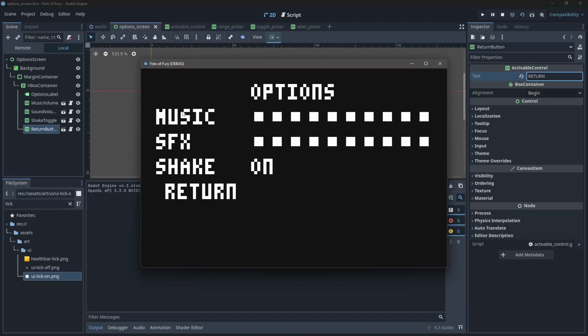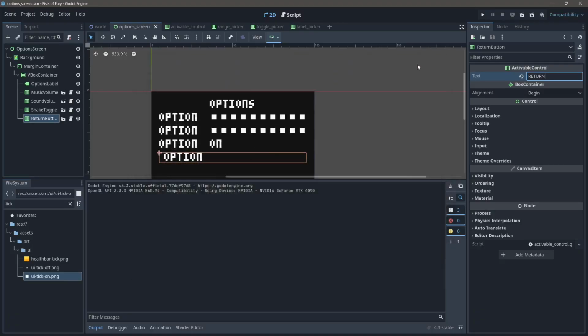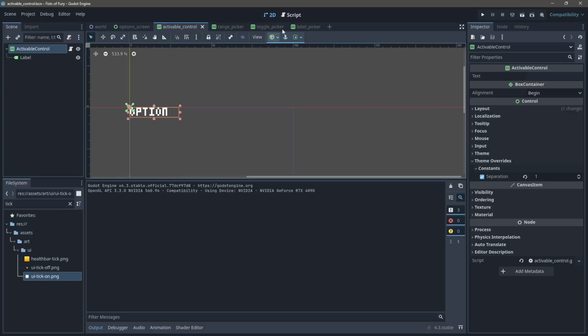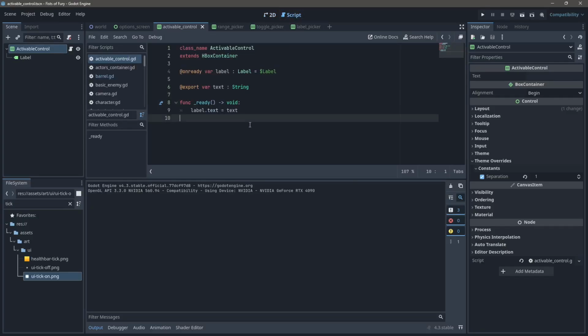All right, and so you can see that the labels are properly set. So next, we'll want to be able to change the color depending on whether the option is active or not. So we can write the code for this directly as part of the activable control and apply the modulate to all of the children. So hopping back into activable control, let's look at the script here, and we're going to